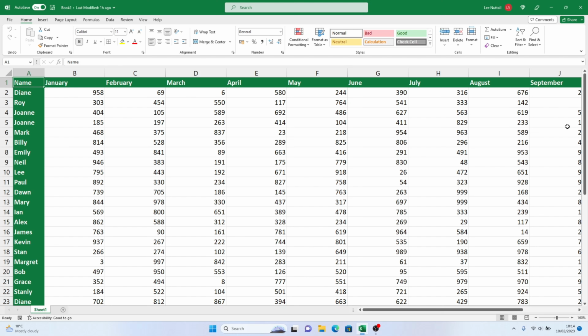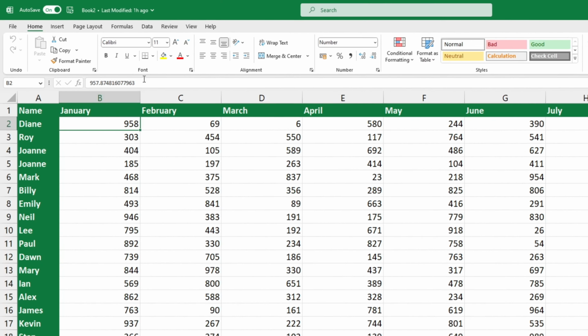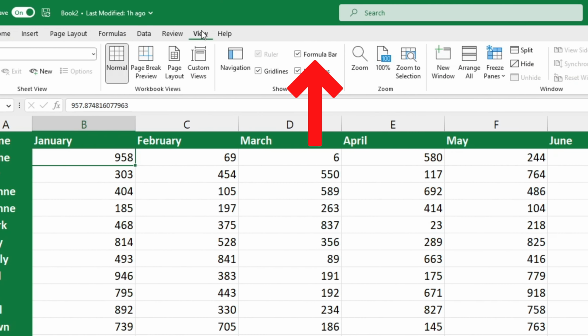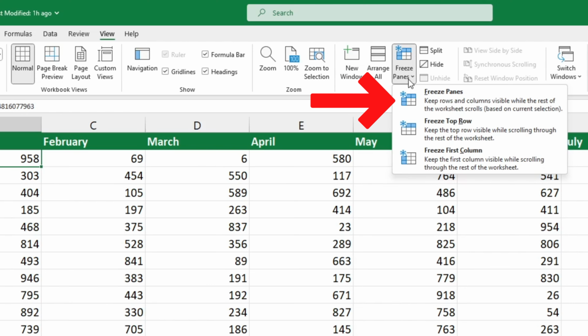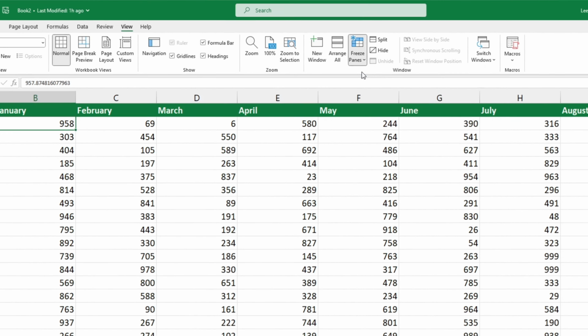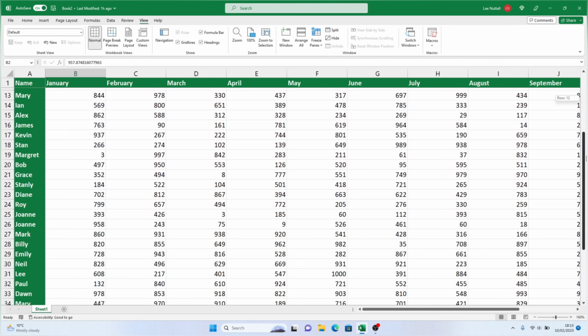First, click on the cell which marks the row and columns that you want to freeze. Here we are freezing the first row and the first column, so we will click on cell B2. After we've marked the cell, click on the tab View. Then go to the section Window and select Freeze Panes. This will lock the header with the months and the columns with the employees' names in their position on the